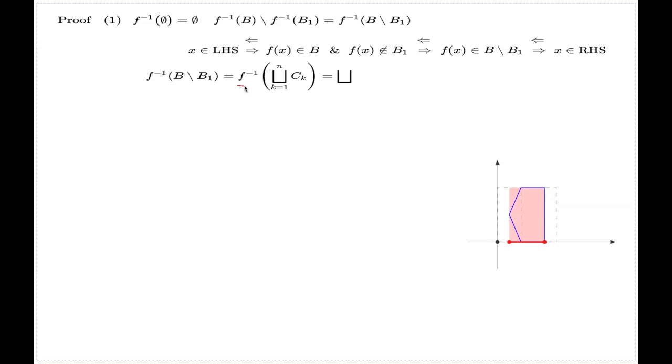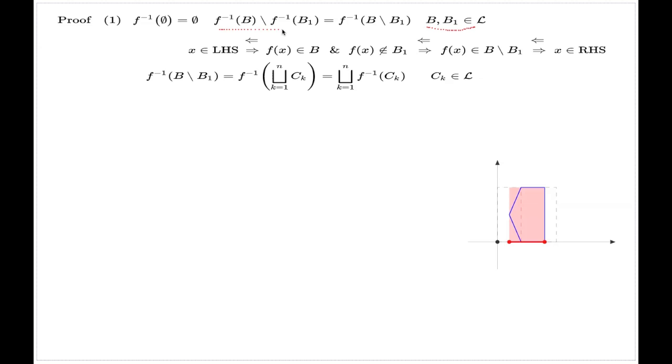Now, implicitly I use something I mentioned earlier, that the pre-image is freely interchangeable with the operations on sets. I proved it for the set difference. It will be the same for the union of sets, so it will be the union of pre-images of each C. Remember, C came from the semi-ring L, and B and B1 also come from the semi-ring L. And we're done, right? Again, we took two elements from the semi-ring